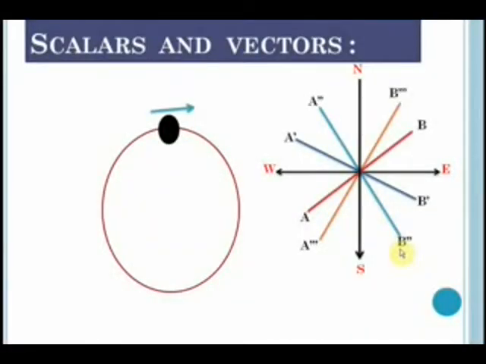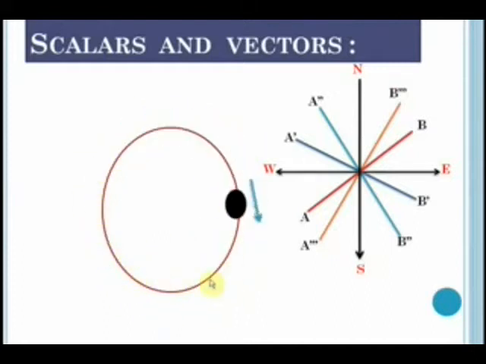So before we start studying in detail about vectors, it's very important for us to know the basic difference between scalars and vectors. To understand this, let us consider this particle which is moving in a circle. Now we can clearly see that this particle is moving along the periphery of a circle or along the circumference at a constant speed, but the arrow above its head is constantly changing its direction. So we can say that the speed of this particle is constant, but its direction is changing at each and every instant. So this quantity is called as velocity.